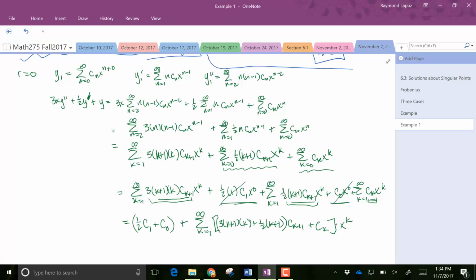Maybe I should have done this in two steps, but I just collected the terms that are double underlined here, and then I factored out a c sub k plus 1. And then in the same step, I took out this term that has only c sub k, because in my relationship for c sub k plus 1, I want to see this happen. Okay. I also factored out the term next to the k. Good.